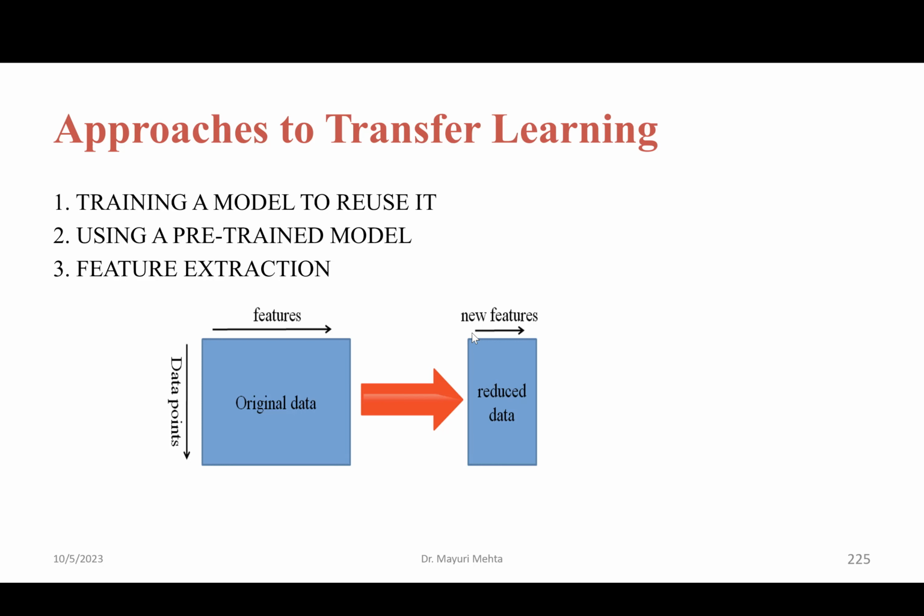You have to justify why you have chosen so and so model for your task, right? With logical reasons, you have to justify. So how many layers to reuse and how many to retrain depends on the problem. Again, here there is no standard answer that when you are using a pre-trained model, how many layers to reuse and how many to retrain. Okay, so